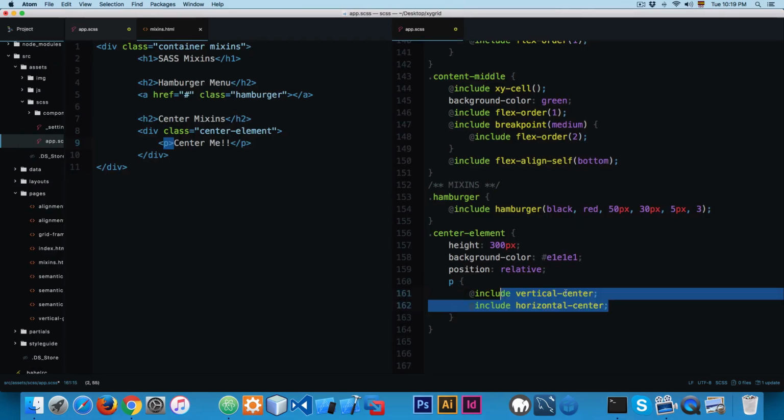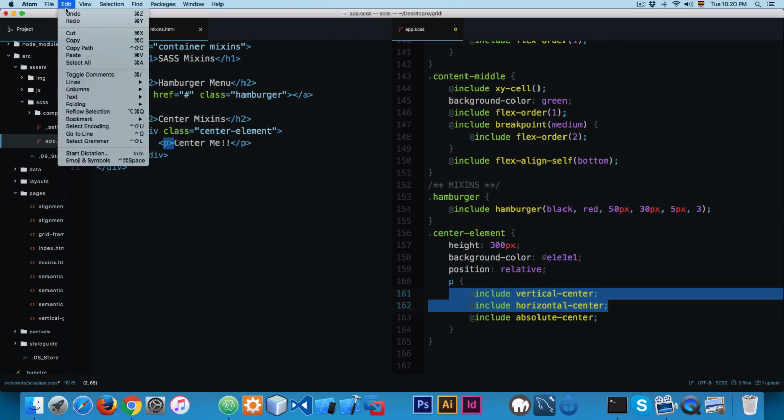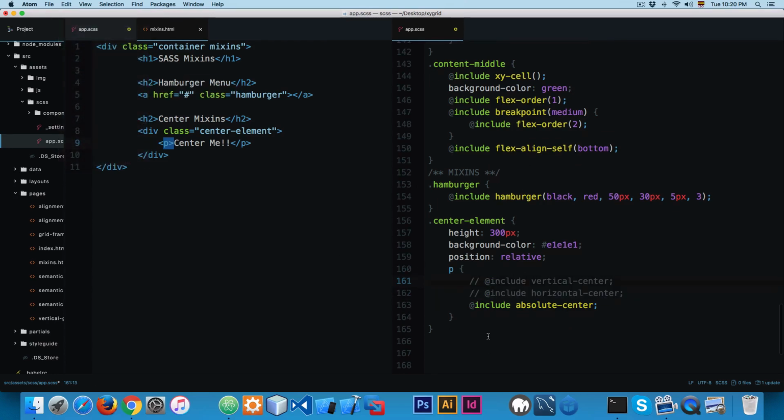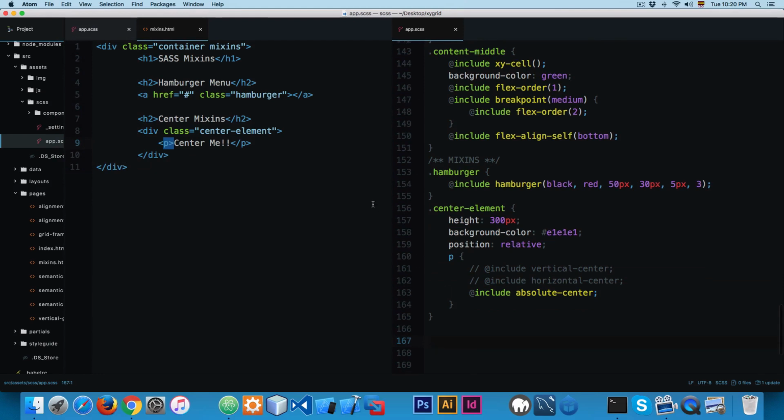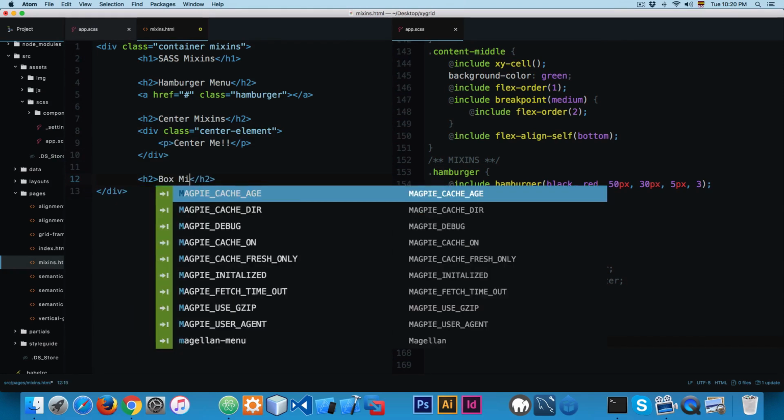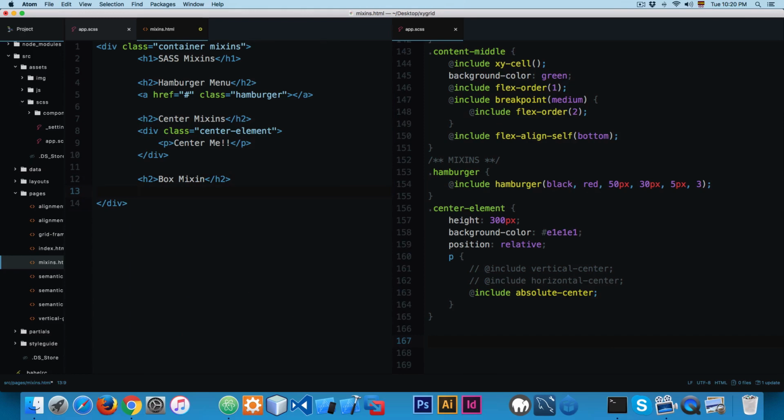So that's really handy. I'm going to uncomment this, and I'm going to add horizontal center and include absolute center. And I'm going to select this, open selection and edit, toggle comments, and comment those lines. So we're going to create another element. For example, we're going to create the box mixin, and we're going to create a div with the class box